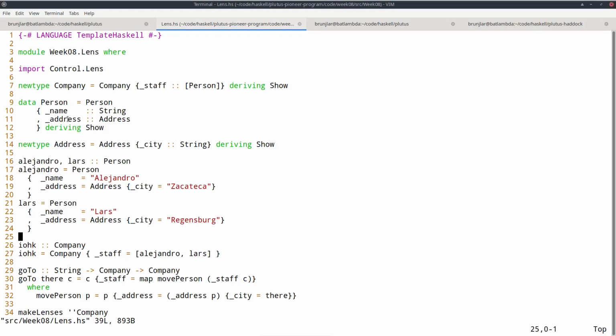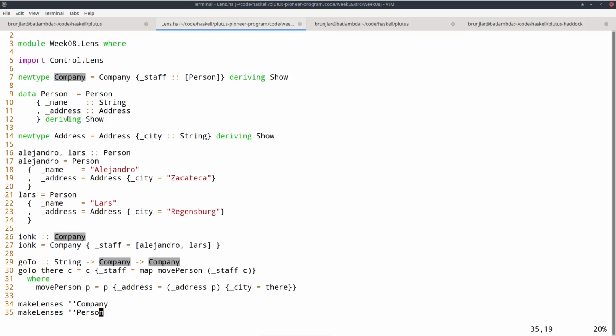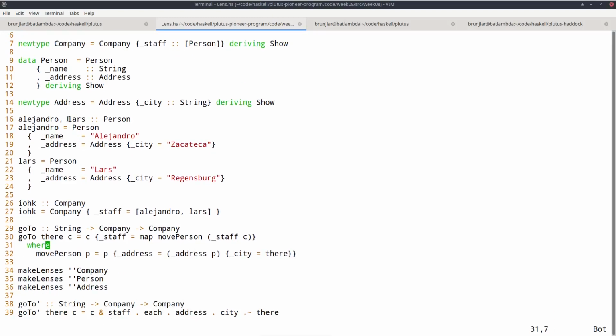And that is not very difficult. You can easily do that. You don't need any advanced Haskell for that, but it's a bit messy even in this simple example. So if I implement goTo, with the new city and company, then I can use the old company and update the staff field in it. And this is, remember, a list of persons.